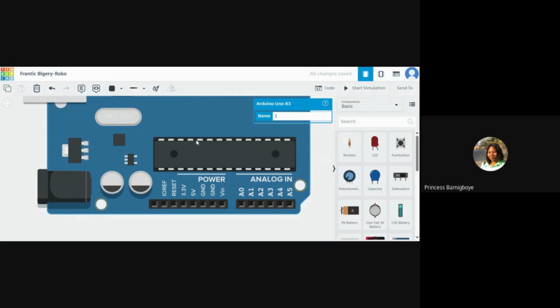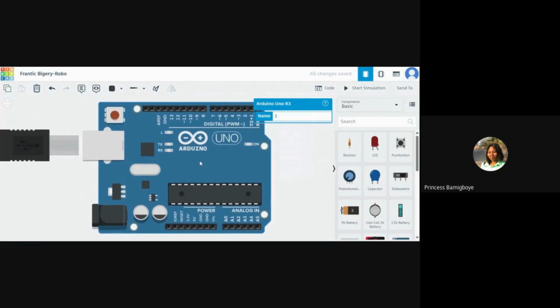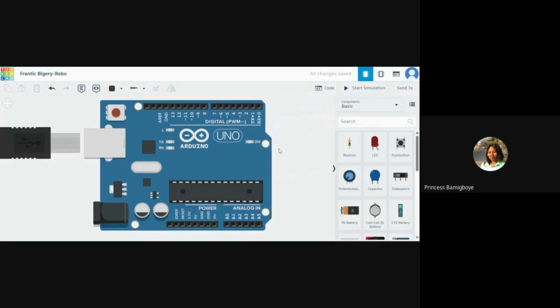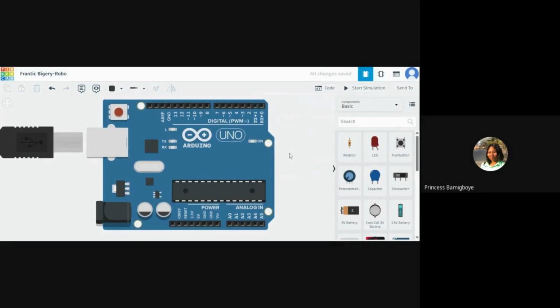So let me explain. There are times when you are working on projects and the Arduino board alone is not enough for you to use. At the end of the day, the reason why we are doing everything that we're doing in tech, in hardware, is so that we can make work easier and faster.